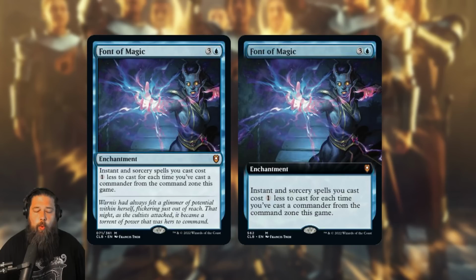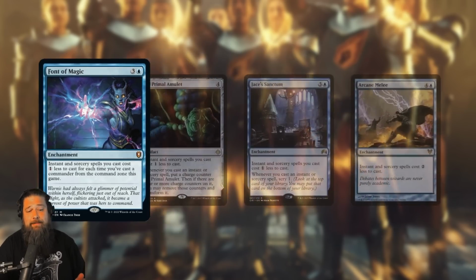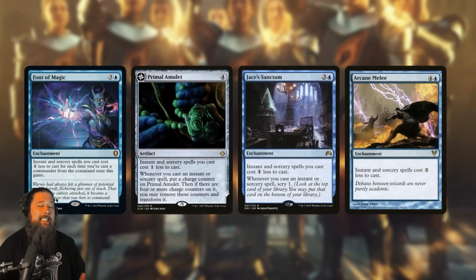We also got Font of Magic, a 4 mana enchantment that says instant and sorcery spells you cast cost 1 less to cast for each time you've cast a commander from the command zone this game. So Font of Magic compares to Primal Amulet, Jace's Sanctum, Arcane Melee. We got a bunch of these artifacts or enchantments that make your instants or sorceries cheaper. So Font of Magic by itself doesn't really do anything,